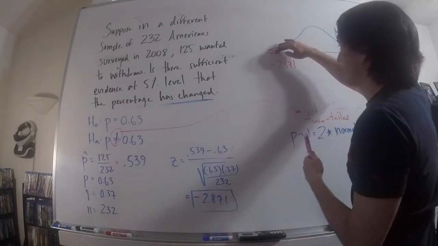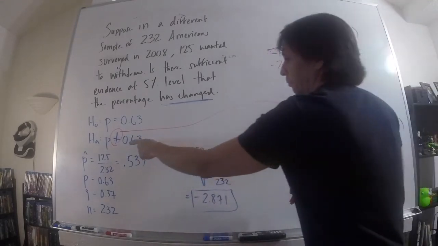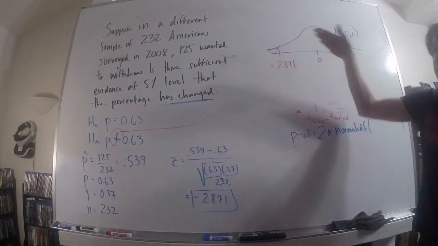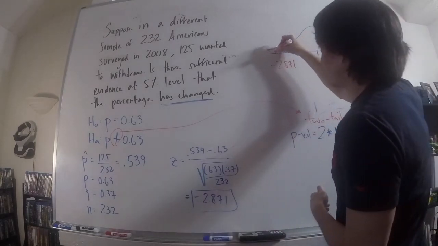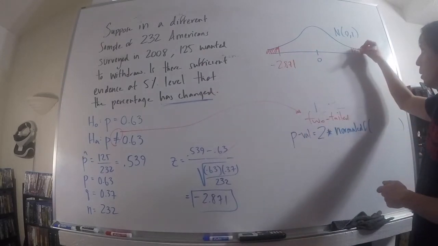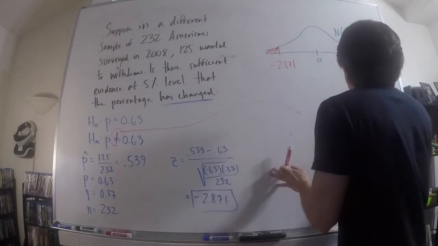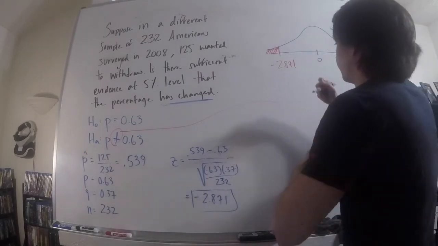I'm not doing left tail, I'm not doing right tail, I'm doing two tail. If I get a z-score here like last time, I got to do the right tail and then double it. This time I got a z-score that's negative. I need to do the left tail. For a two-tailed test, I'm always going in that direction and then doubling. Okay, so my p-value